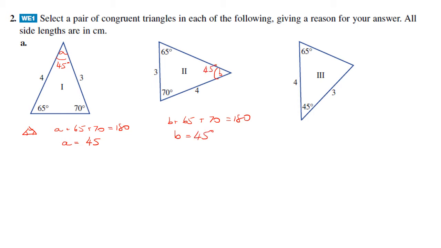All right, and finally, let's work out this one as well, just to be thorough. Triangle 3: C plus 65 plus 45 equals 180. So 180, take away 45, take away 65 will give us C. C equals 70 degrees. Okay, so we've got 3 triangles with matching angles. That's great. We need to see if the sides are